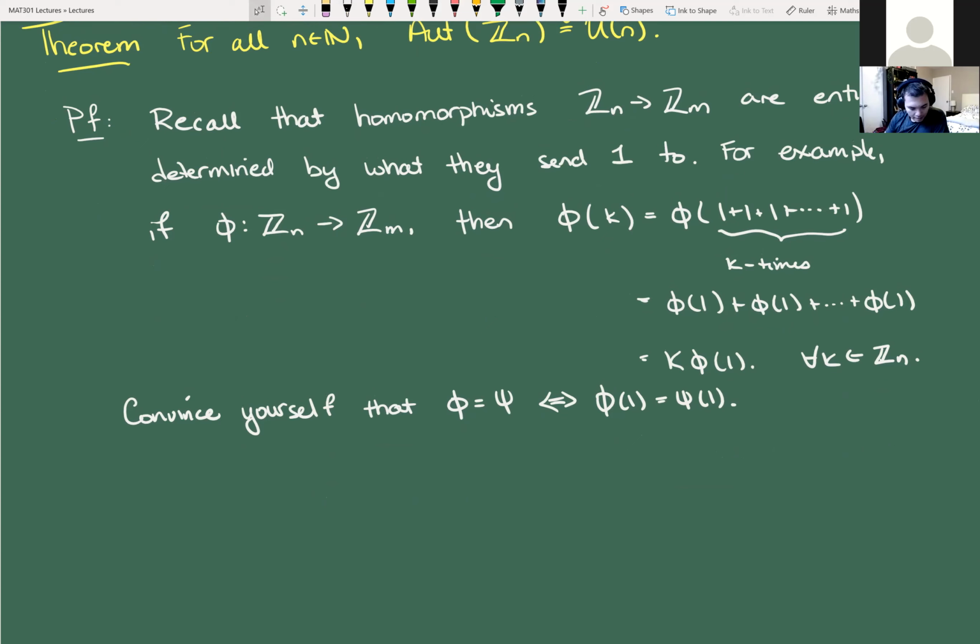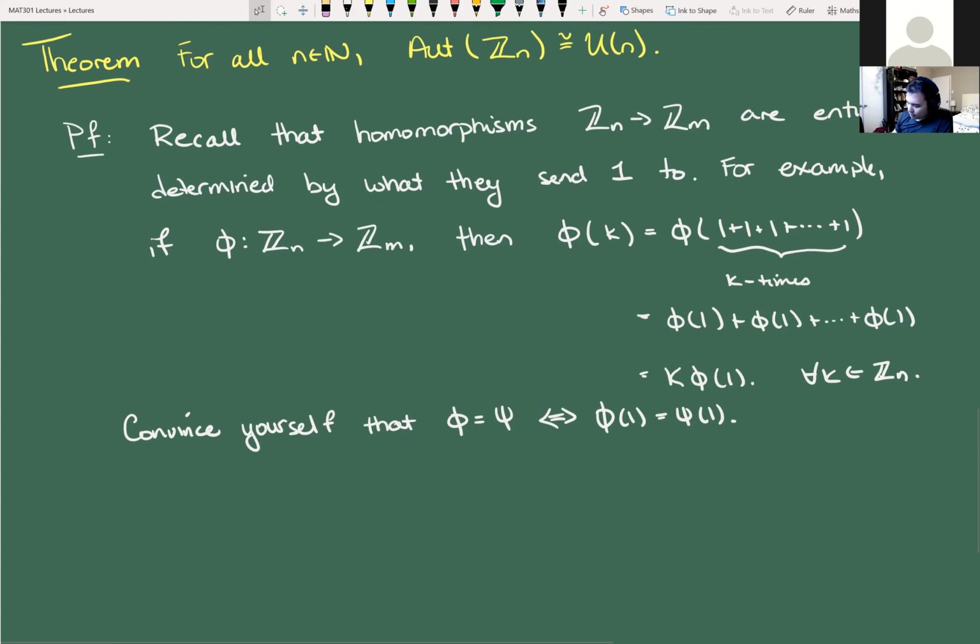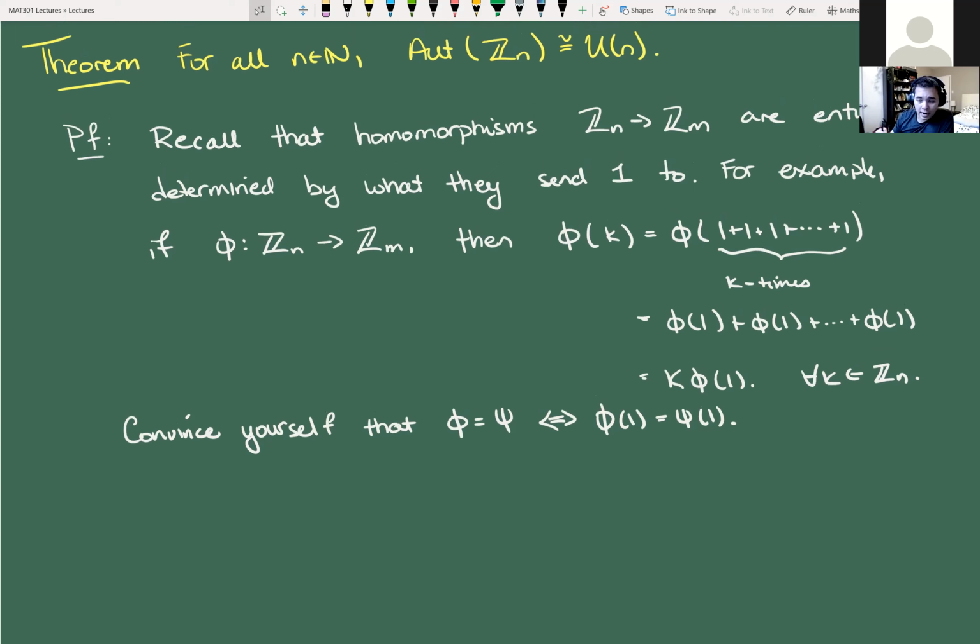So now my claim, so this is all homomorphisms, not just isomorphisms. And notice Zn and Zm have different numbers there for domain and codomain. Now we're going to take the special case, because remember what I'm trying to prove: I'm trying to talk about the automorphisms of Zn. So I'm going to take the special case where we're dealing with isomorphisms, and the domain and the codomain are the same Zn. So claim: phi from Zn to Zn